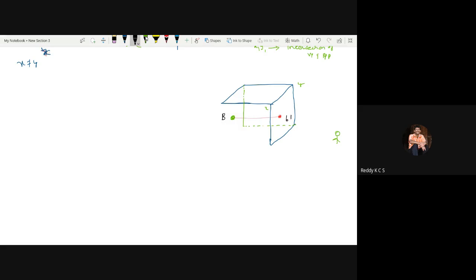Similarly, we can get the top view while viewing from the top surface of the object. So from here we can draw the projection. This one is going to be named B. Say it is B. Okay. Now I need to get the left side view. See here, the left side view.